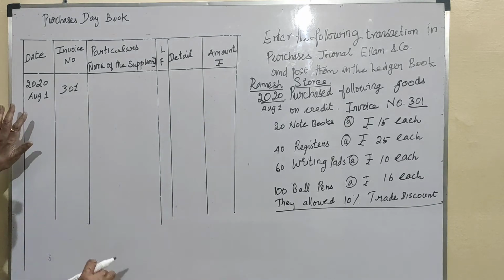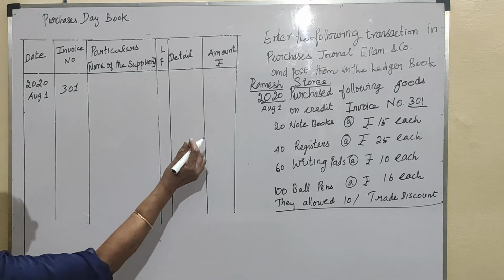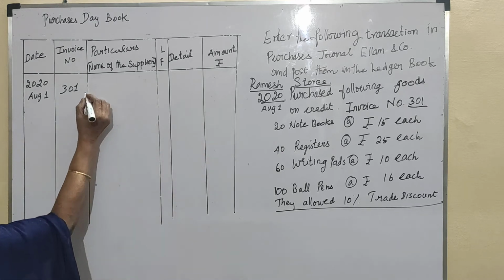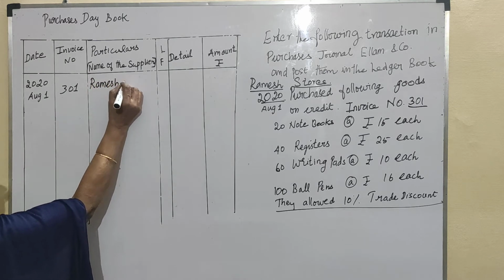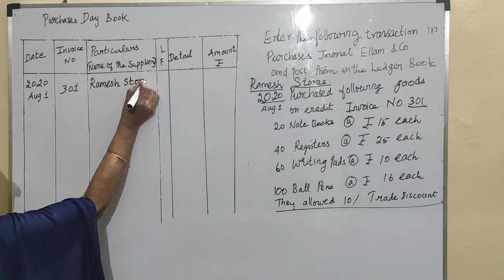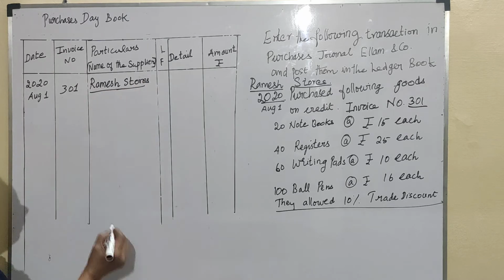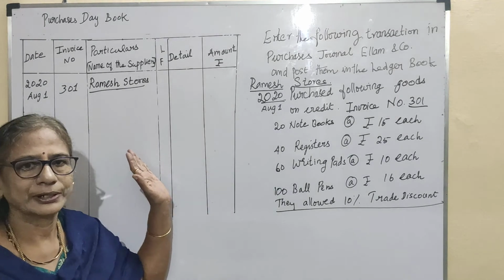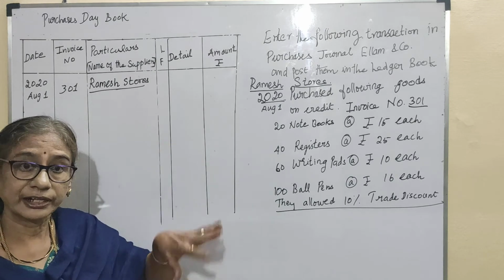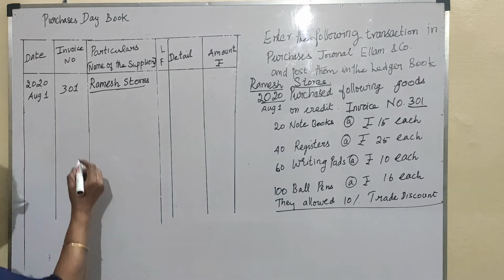Now let us see 2020 August 1st. The name of the supplier is Ramesh Stores, and you have to underline this heading. The next one: purchased the following goods on credit basis. Of course, on credit basis we are entering in the purchase daybook. Cash basis we are entering in the cash book itself. And the first one, 20 notebooks